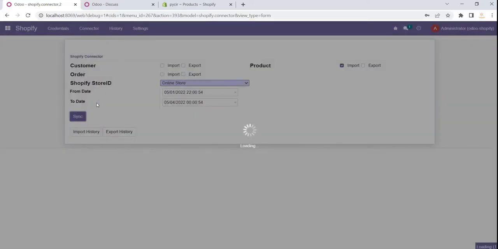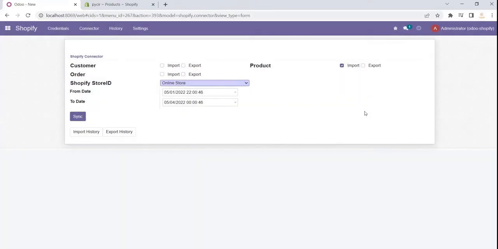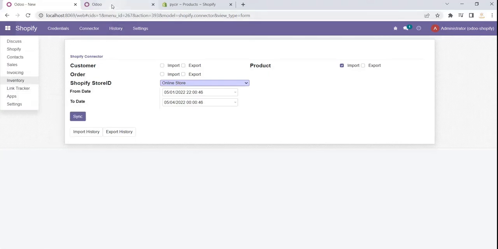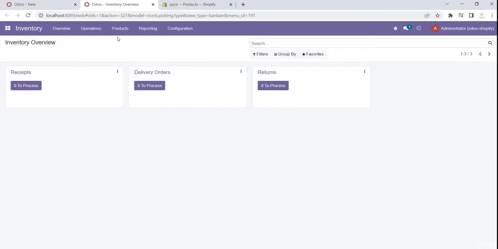So the process will take a few seconds, and after that it will show the process is completed successfully. As you can see, the processing of the synchronization for the product in Odoo is completed. So we can check from the inventory. Just create an extra tab